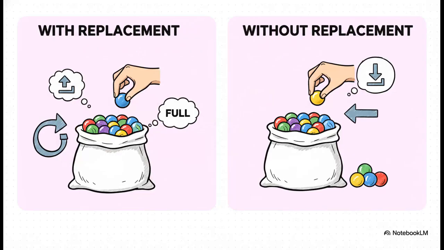Well, the secret sauce is how they sample. You see, on the left, you could sample with replacement. That's like pulling a name from a hat, writing it down, and then putting the name back in. Every single draw is totally independent, but that's not what pollsters do. They sample without replacement. Once they talk to someone, that person is out of the pool for good. Every person they talk to slightly changes who's left, which actually reduces the overall uncertainty. And you have to account for that to get an accurate result.